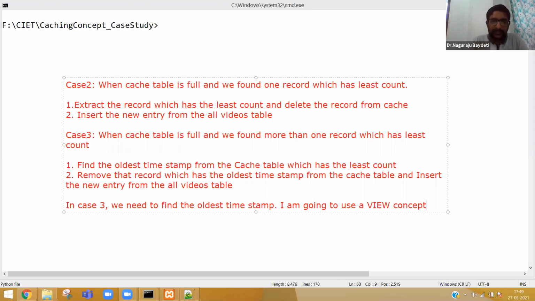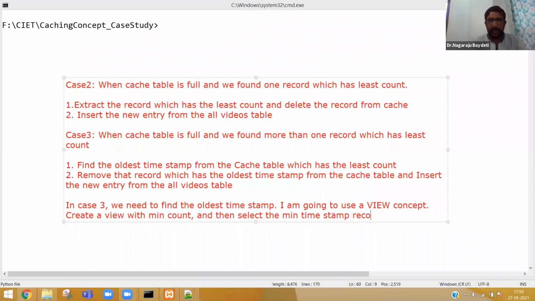A view is not self-existent, but it is created dynamically. I also told you that in future sessions, when I am explaining one case study, I am going to use it. What is a view? Simple. Create a view with minimum count and then select the minimum timestamp record.